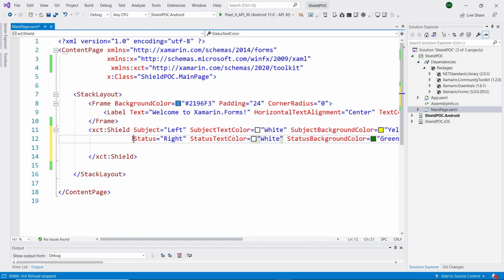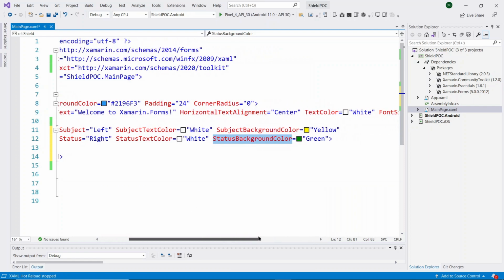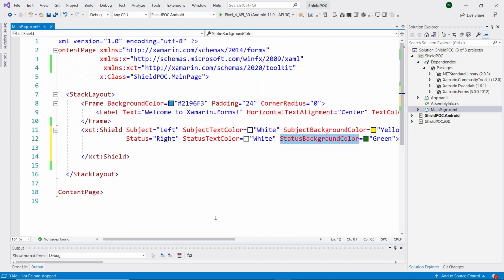So with the help of the status property we can give the text in the right side section, the status text color property is used to change the right side text color, and the status background color property is used to change the background color of the right side shield. So these are all the main properties we need to give while adding a shield to our Xamarin Forms application.